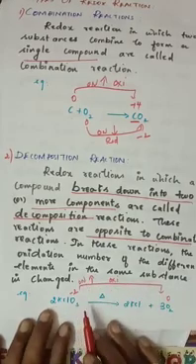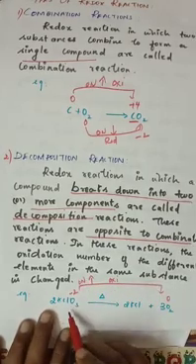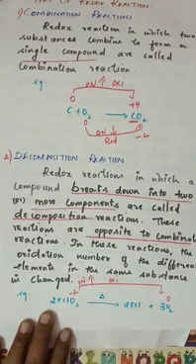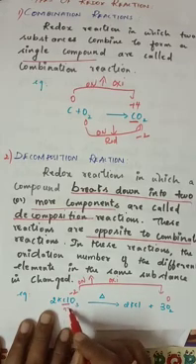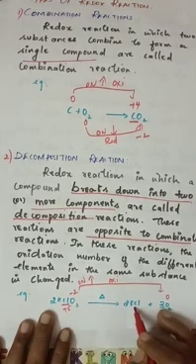And what about here? This is chlorine. Actually here it is +5 oxidation number. At the same time, if you are seeing here, this is